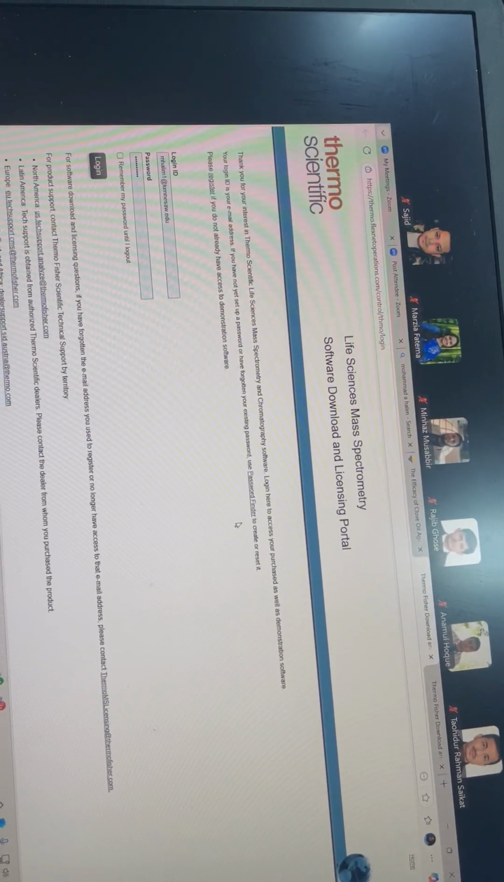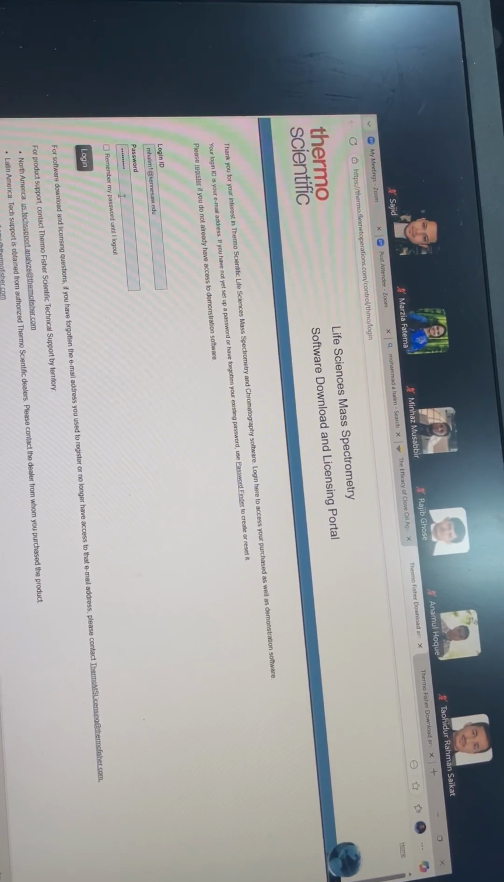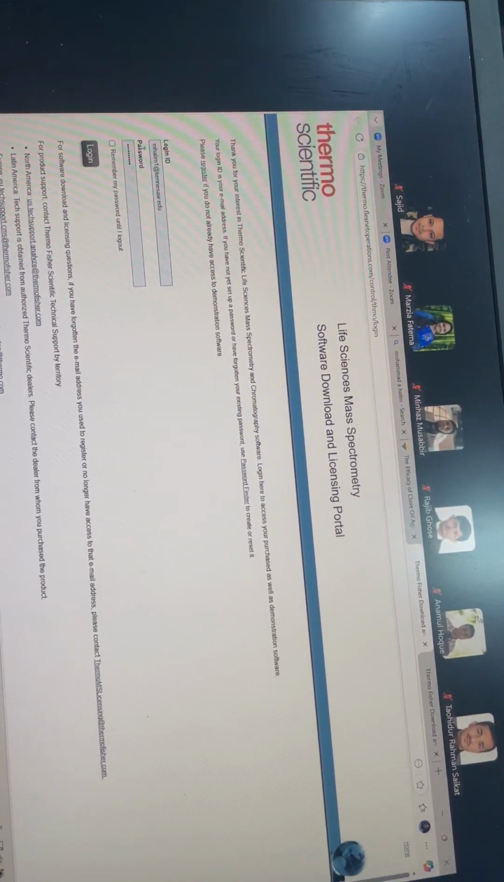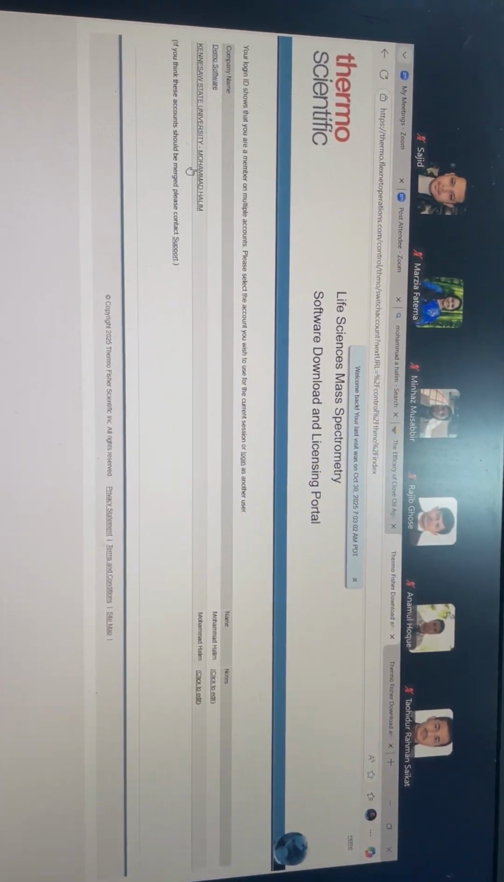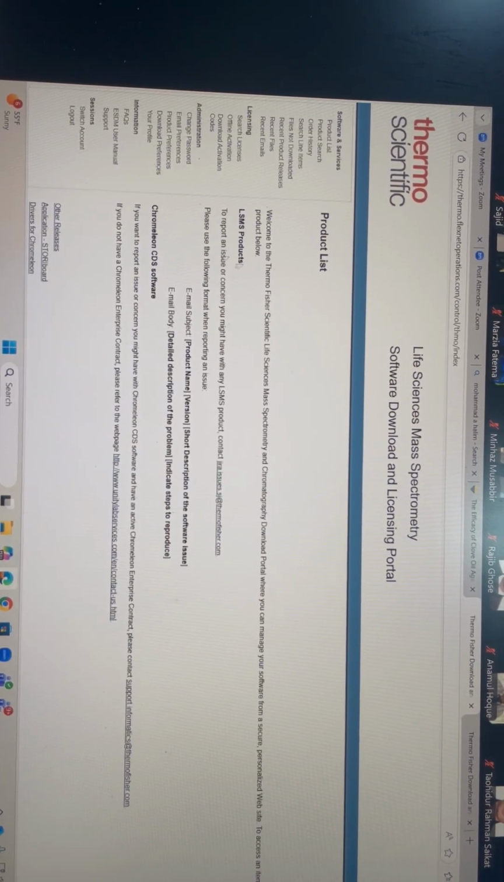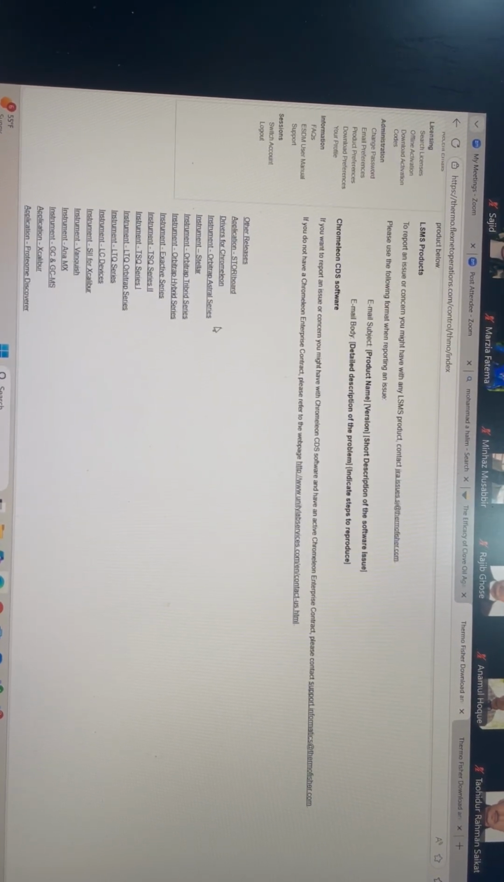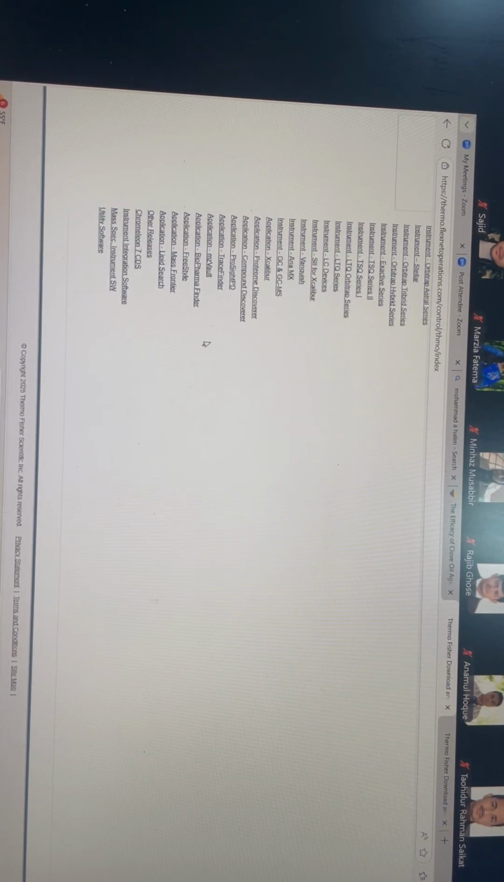Once you register this and get your login information, for example, my login information is my email and I have a password, and then I can log in. Okay, and we already purchased the instrument in our university, but I'm actually showing you the demo software. So if you log in, you can see that there is a demo software. Okay, so then if you go to the demo software,